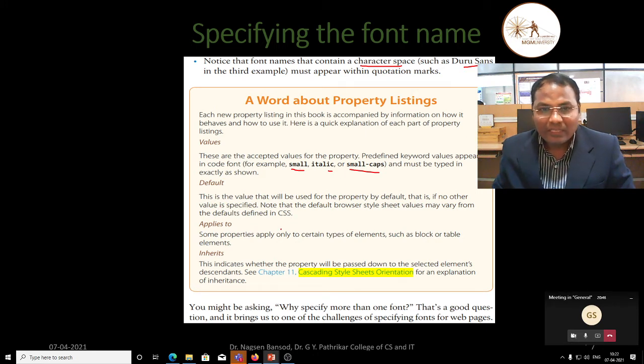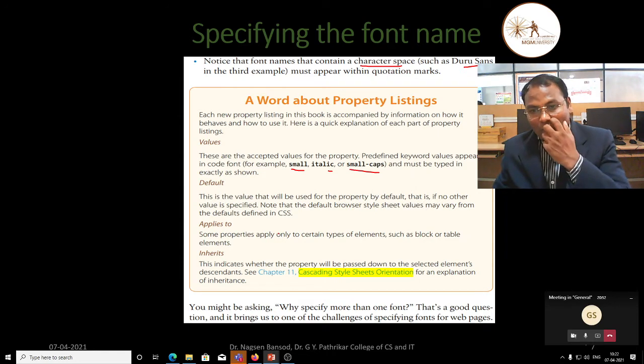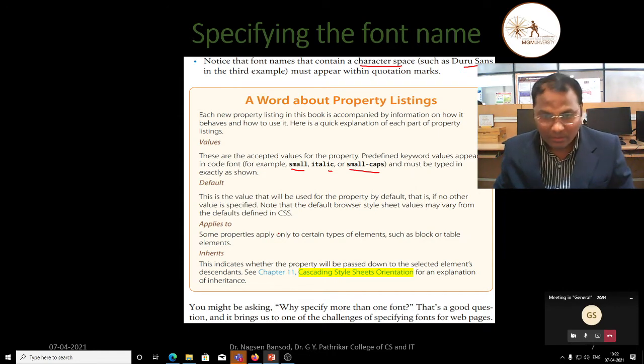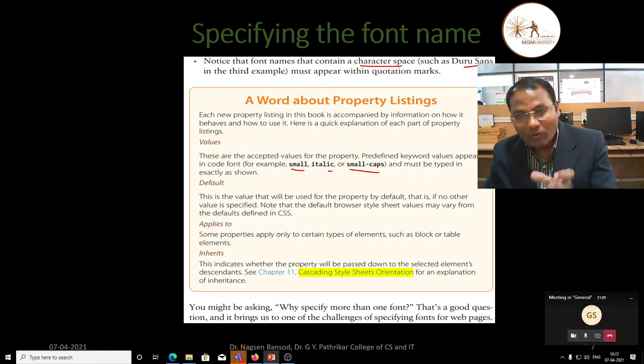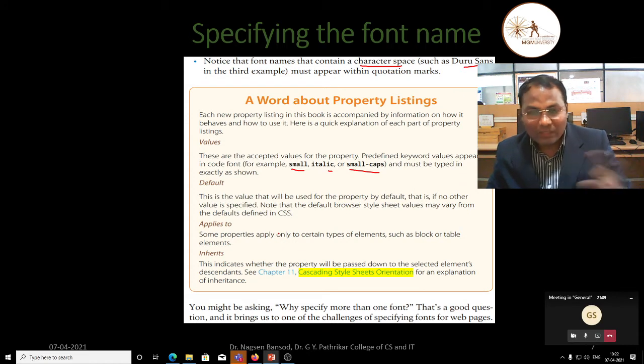Default is the value that will be used for the property by default, that is, if no other value is specified. Note that the default browser style sheet value may vary from the default defined in the CSS. If we set the default, then all fonts which you have written into the CSS will be ignored and accordingly the browser will display its own.